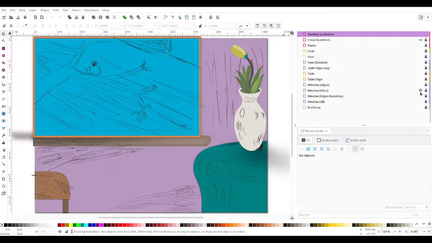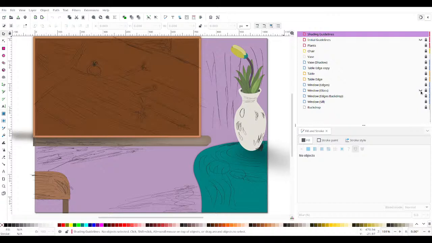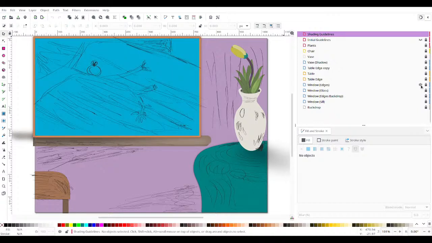I probably will clean that up a bit so it's a little less blurred. Then we have the window itself, which is the glass, and the edges of the window as well. And then we have the table edge, which was to give it a nice outline. The table itself. A second table edge, which I need to rename from copy to something a little more descriptive. We have the vase shadow, we have the vase itself, a chair, plants,